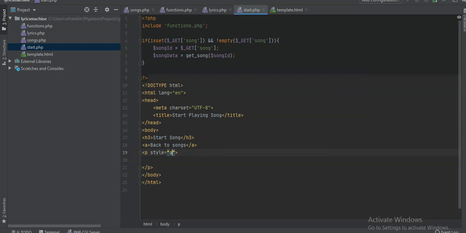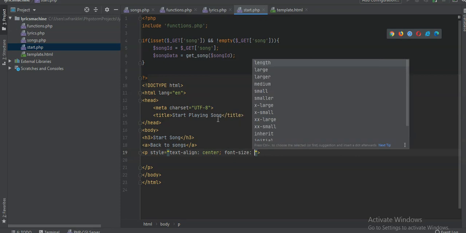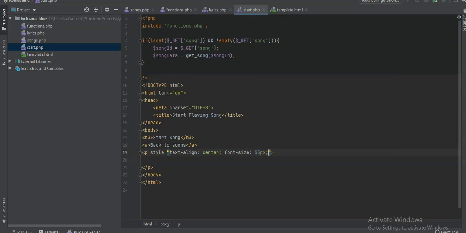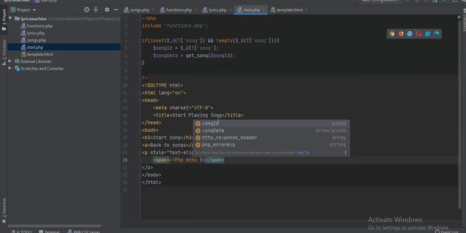That's not how you do that. Text align. We want to make this font really big, so we're gonna put it up to 55. And within that, we're gonna put out everything. So in our song data, we should have